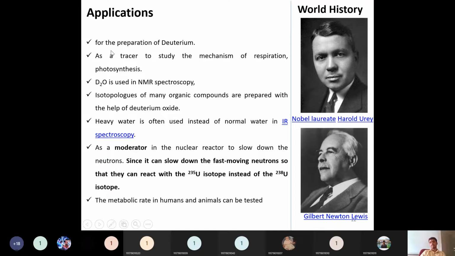Notable work has been carried out, and the first person in the whole history to find deuterium oxide, or heavy water, is Nobel laureate Harold Urey. His PhD supervisor was Gilbert Newton Lewis. These two persons did notable work, and they found heavy water. If you review world history, these are the applications and the general introduction about heavy water